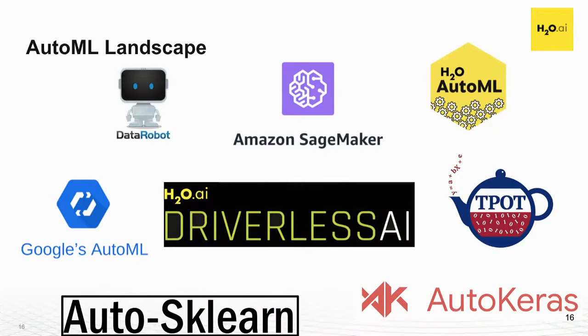And this AutoML landscape is very diverse, right? There's lots of different vendors, some with commercial offerings. H2O has both H2O Driverless AI and H2O AutoML. There's also open source offerings and other commercial offerings. So, how do you distinguish? Are all these AutoMLs the same? What's the difference between them? How do I evaluate AutoML?